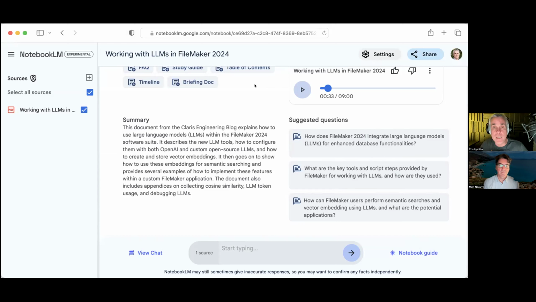So we actually have a client that does a shift change. They had us build a solution that gathers all the data, this is what happened and who did what and all the transactions that occurred. And then we feed it into a language model to create a script. And then through an API it generates an audio like this that they send out via email. So when the next shift is driving into work or they've just got their headphones in, they can listen to all this stuff and consume it in a different manner.